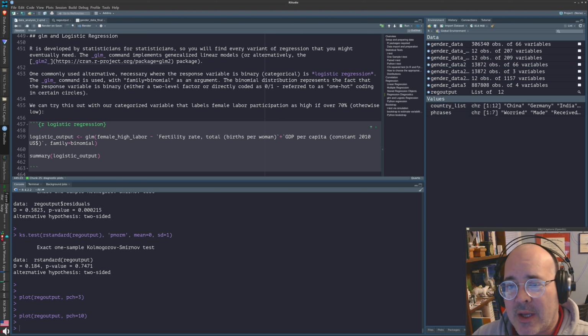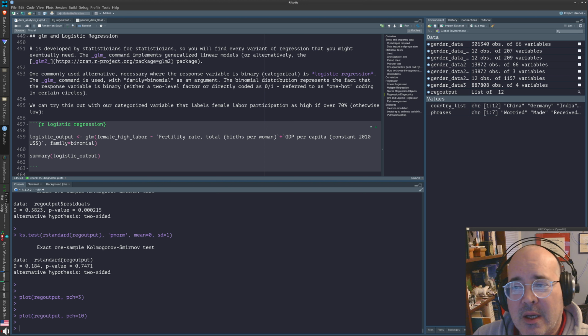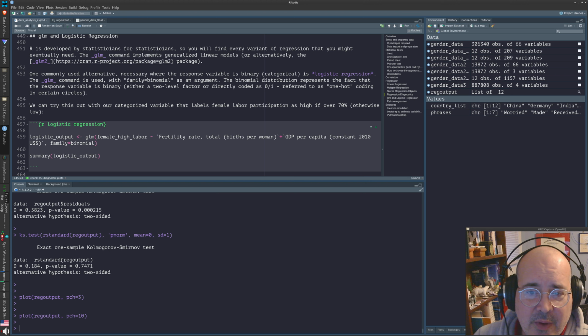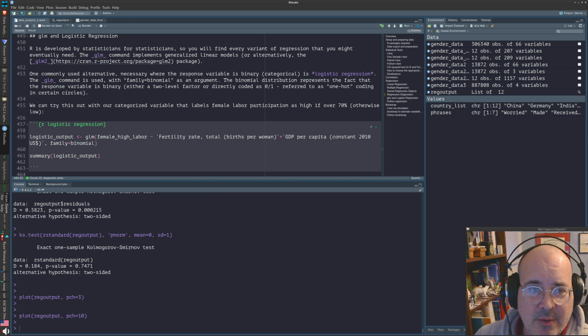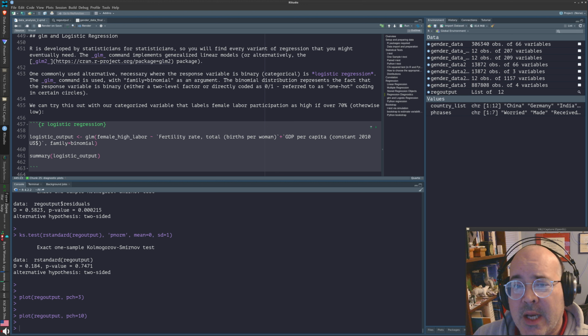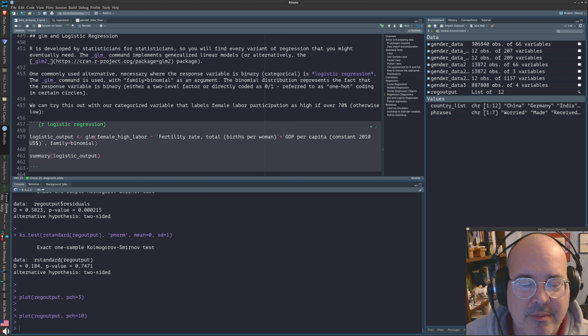So that was all about linear regression. There are many other modifications, different kinds of regression. We're just going to look at logistic regression as one other type here, because that's also very commonly used. And it's implemented with the GLM command, which is generalized linear models. So as that statement implies, generalized, GLM can do other things beyond logistic, but we're just going to look at the logistic